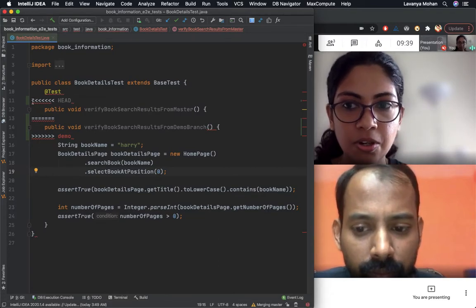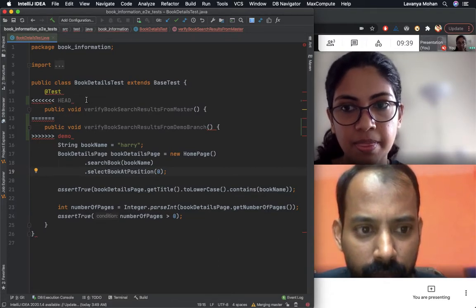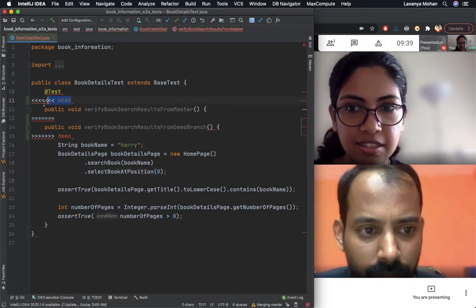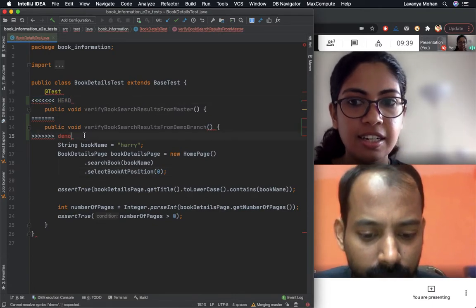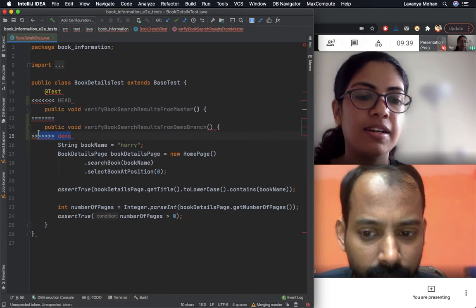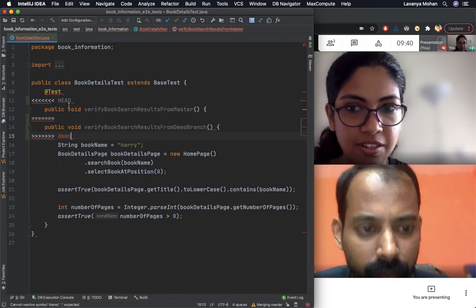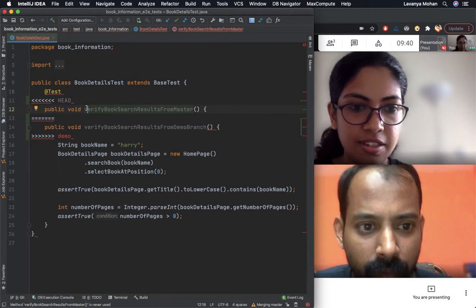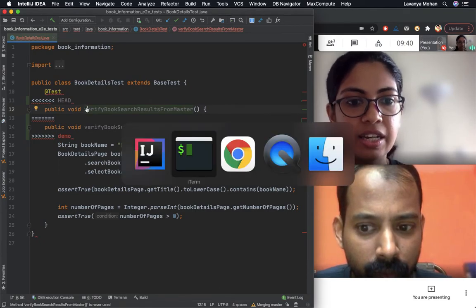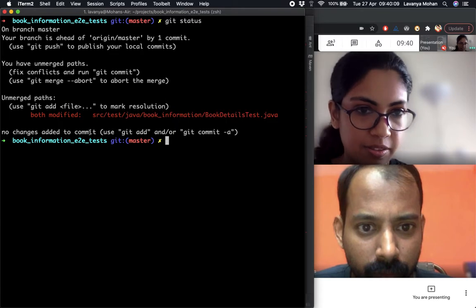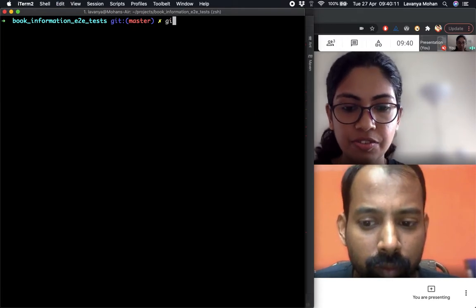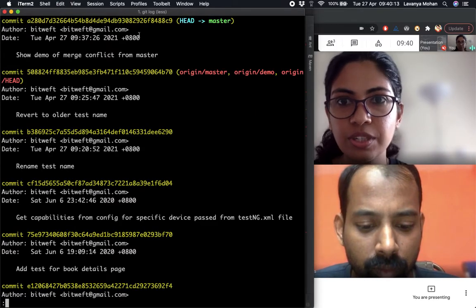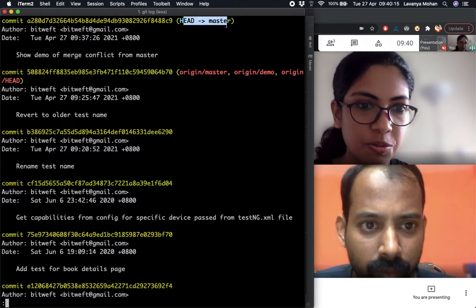And this block has two sections. One is a head section, and the other one is the other branch section. So what does the head section mean? It just means the location where we currently are. If we do git log, currently our head is pointing to master.